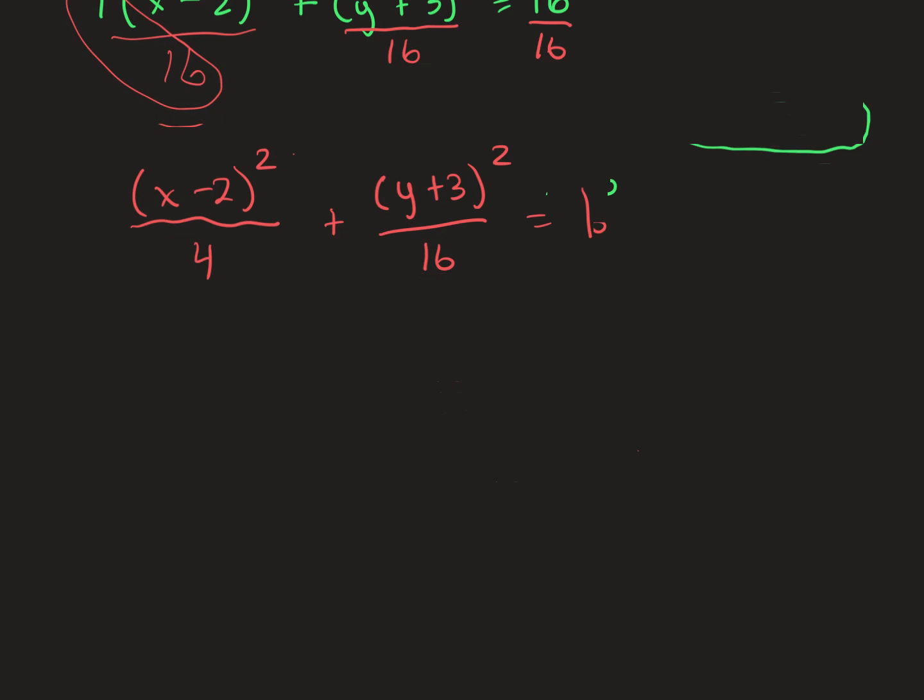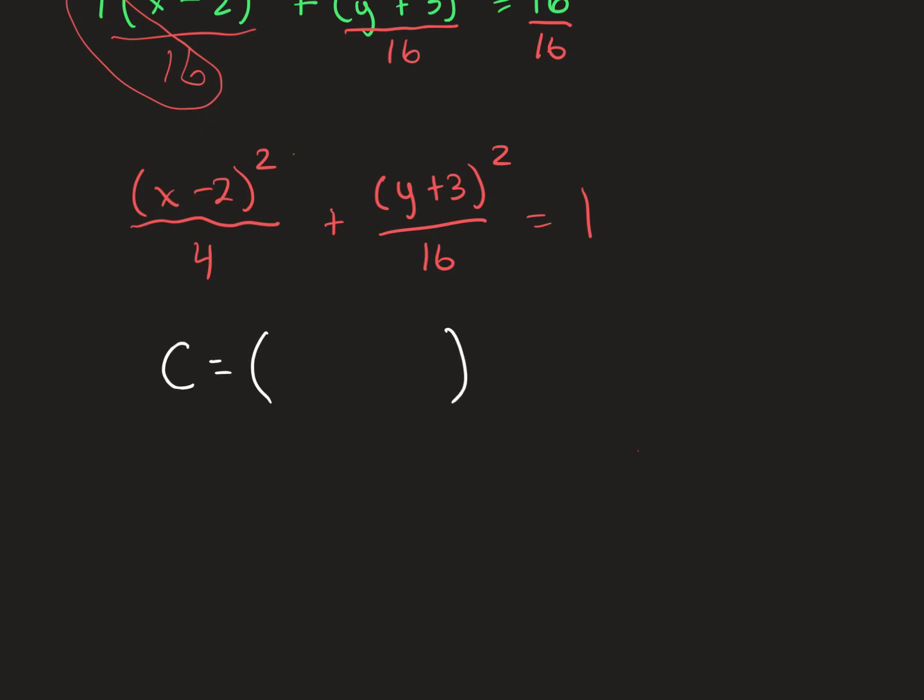So this right here is your x value, and when you square root the bottom, it's going to tell you how far the x, the x direction, which is left and right, is from the center. And when you square root this bottom, it's going to tell you how far up and down. Now, we know the center of our ellipse, based on our circle rules, is, see if you can pause and tell,